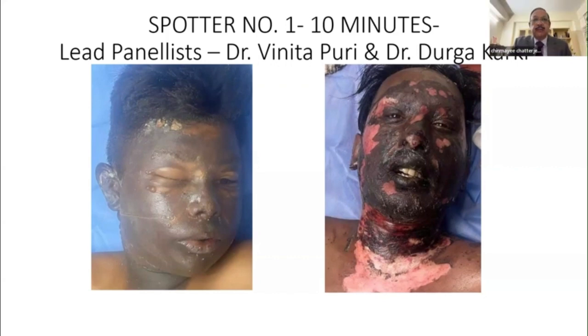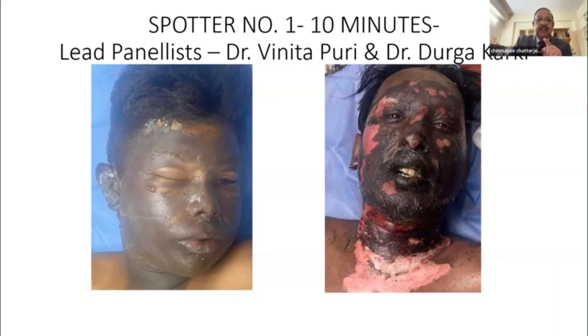I just wanted to make a point that the right-hand side picture is of a burn which has occurred a few days back. And there, if we see the mucosa of the lips, they're absolutely dark and as if they're very hard. At the same time, if you see the center of the neck, it is definitely going to be a deep burn, because you can see it. Vishweshwar, Sir, just a minute, sir.